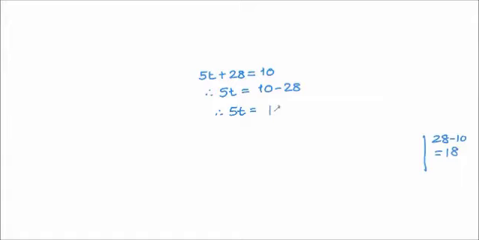We'll take the result 18 here and we'll give the result the sign of the greater number. In this case 28 is greater, which has a negative sign, so the answer has a negative sign. So 5t is minus 18. Now therefore t is equal to, now 5 moves that side, 5 was multiplied here, so when it moves this side it becomes divided by, so it will become minus 18 divided by 5. So t is equal to minus 18 upon 5. We have still not learned about the rational numbers, so we are not going to convert this into a mixed fraction right now.